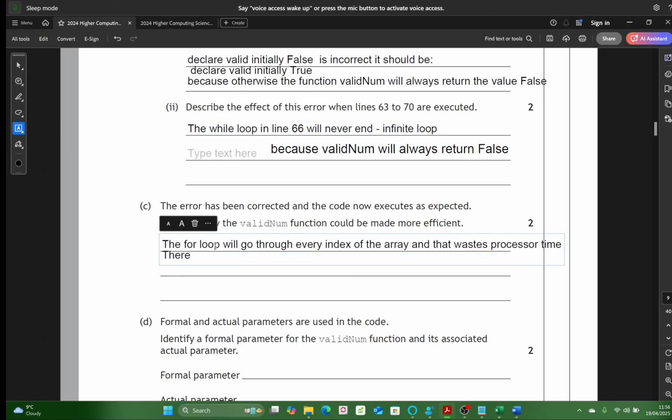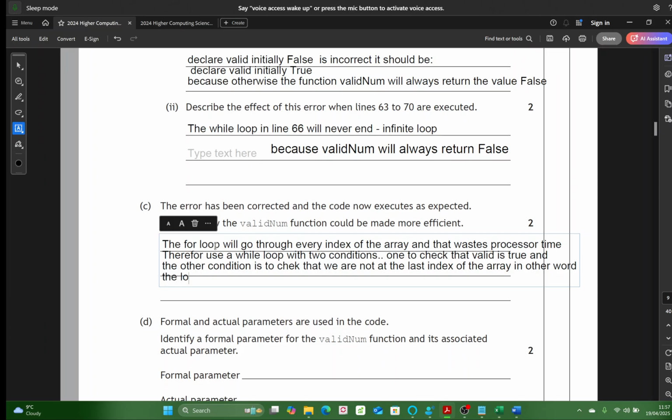Therefore, use a while loop with 2 conditions. One to check that valid is true, and the other condition is to check that we are not at the last index of the array. In other words,